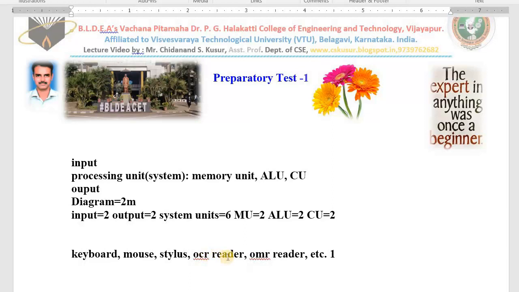And similarly, you need to list out the output devices. Most commonly used output devices: monitor, different types of monitors we found, TFT monitors and LED monitors. In olden days, we were using CRT. Afterwards, what do we have as output devices? Printer. Okay, in printer we find dot matrix, and we find the laser printer today everywhere, and we find the inkjet also. Okay, if you list, you get less marks.